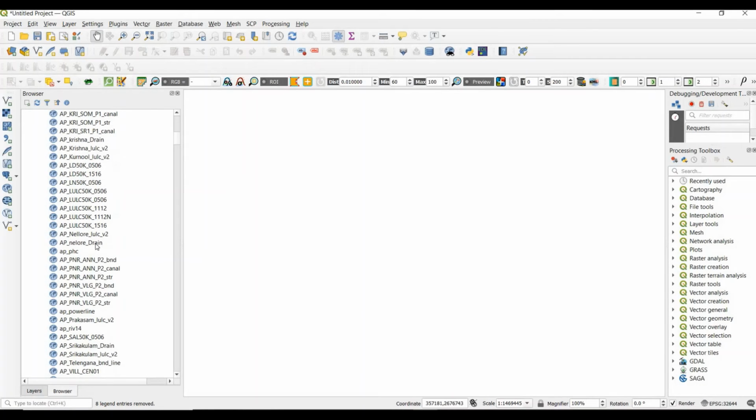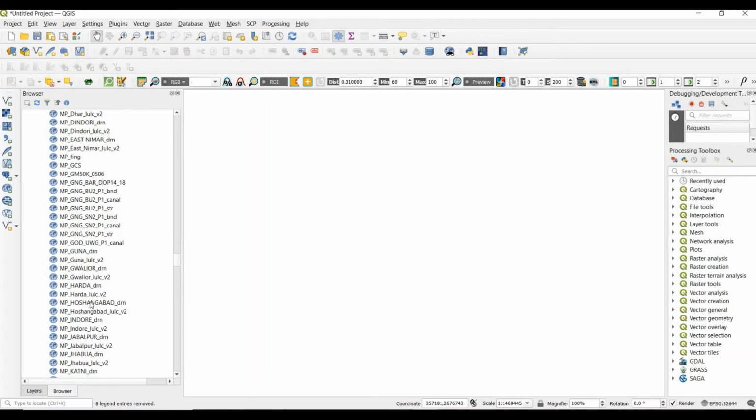Here I am going to add land use and land cover data of any district of Madhya Pradesh, MP. This is the MP Guna LULC V2, Guna, Bhopal.